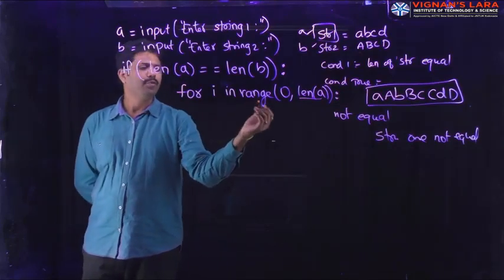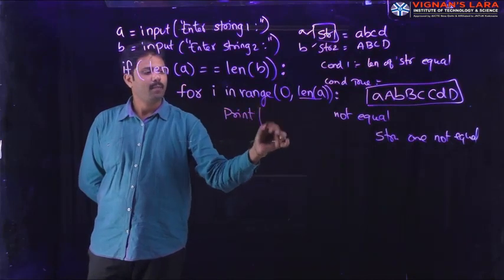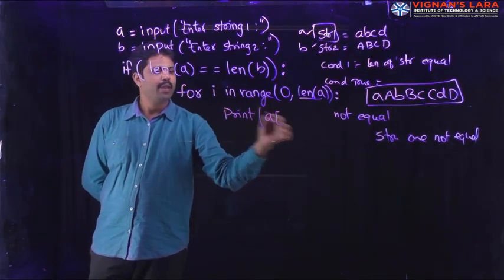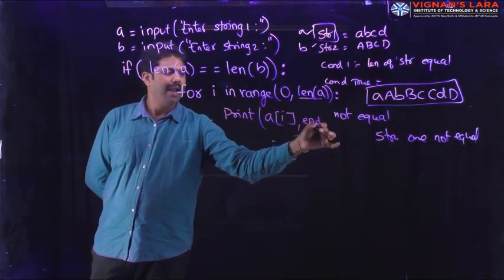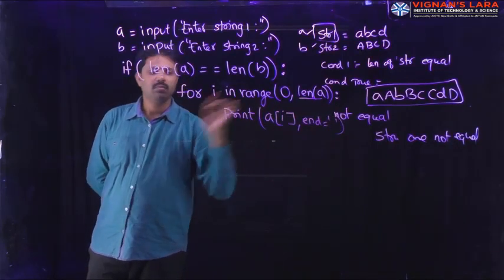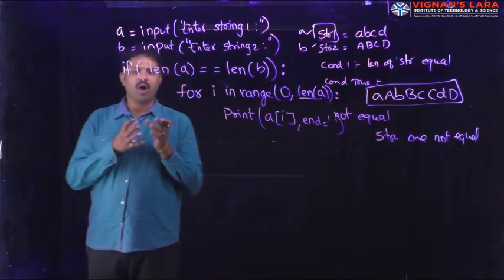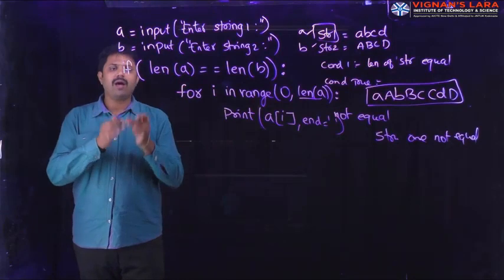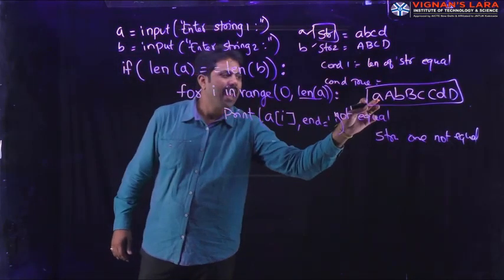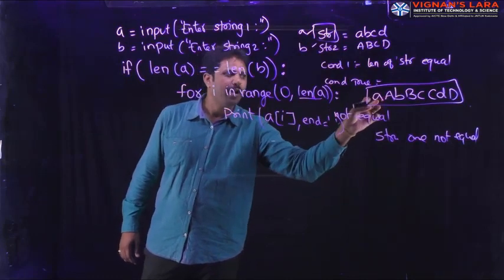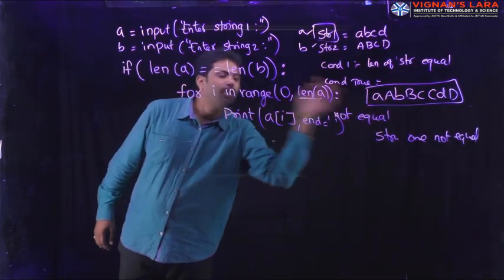Now what we have to do is print A of i comma end equals to, I'm testing. Already we have discussed it, and it says what? It should stay on the same line, not go to the next line. After printing this A, you need to stay on the same line. Otherwise, it goes to the next line.